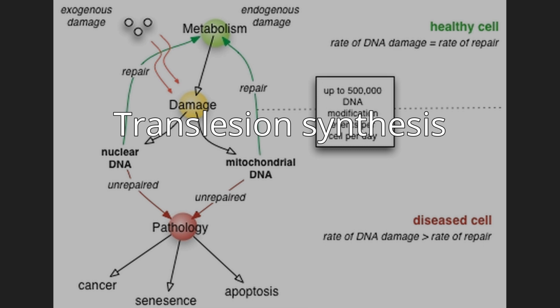After translesion synthesis, extension is required. This extension can be carried out by a replicative polymerase if the TLS is error-free, as in the case of Pol-η, yet if TLS results in a mismatch, a specialized polymerase is needed to extend it, Pol-ζ. Pol-ζ is unique in that it can extend terminal mismatches, whereas more processive polymerases cannot. So when a lesion is encountered, the replication fork will stall. PCNA will switch from a processive polymerase to a TLS polymerase, such as Pol-ι, to fix the lesion. Then PCNA may switch to Pol-ζ to extend the mismatch, and last PCNA will switch to the processive polymerase to